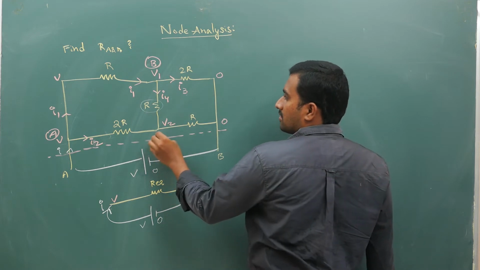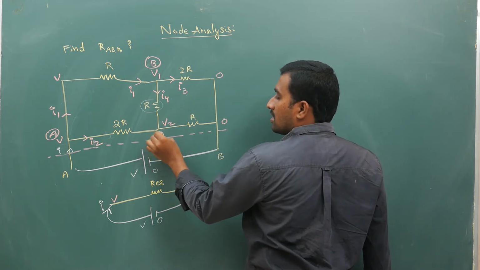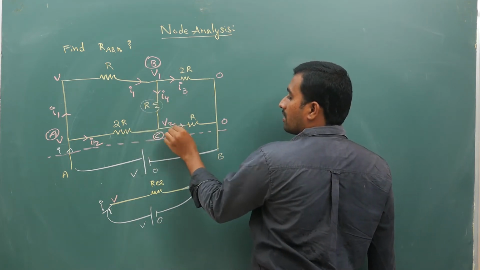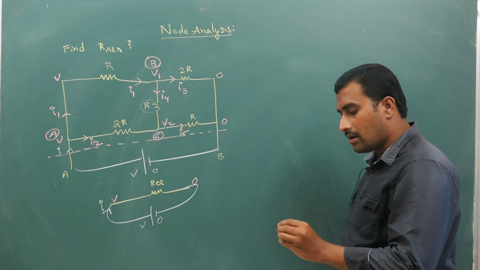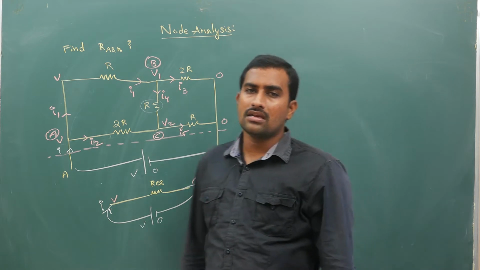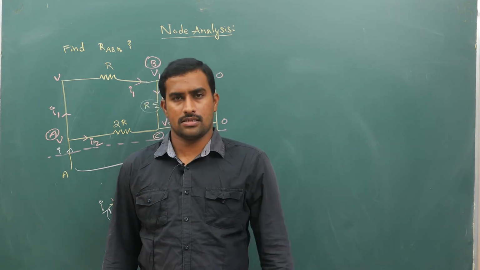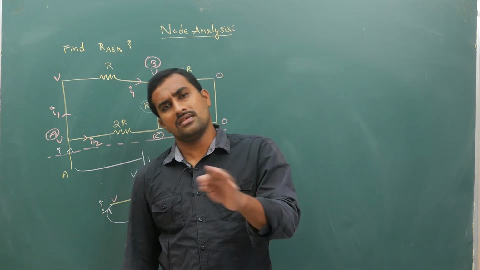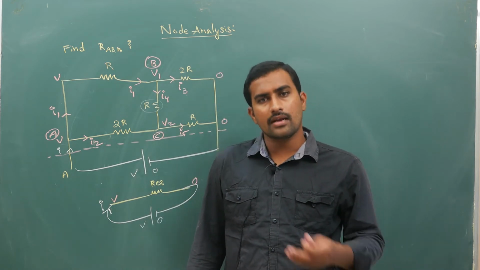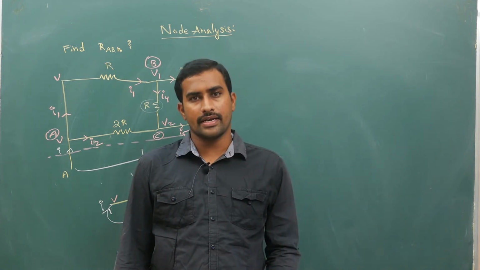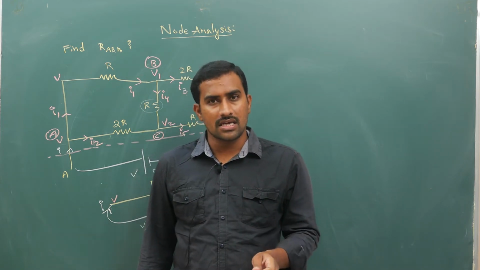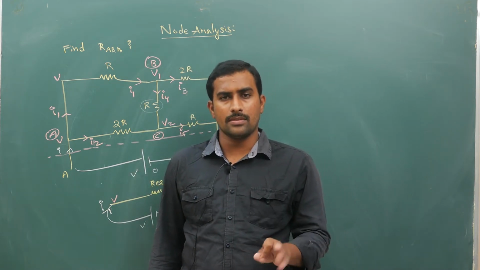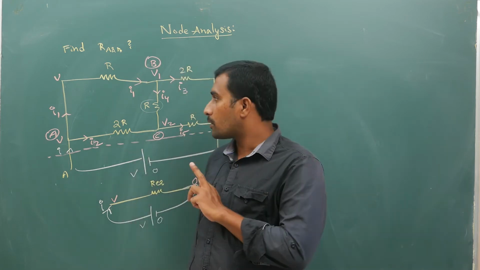Next you have node C. Here I2 and I4 are combining. Let us say I5 is the current here. Now in the question he will give you only the resistors. What all extra part we are doing, we are assuming it and then we are doing it. So first step, connect the cell. Second step, even though I will give you the steps, second step is mark potentials.